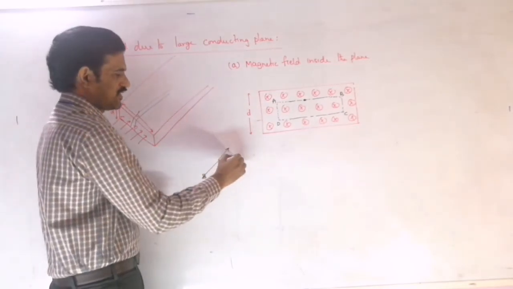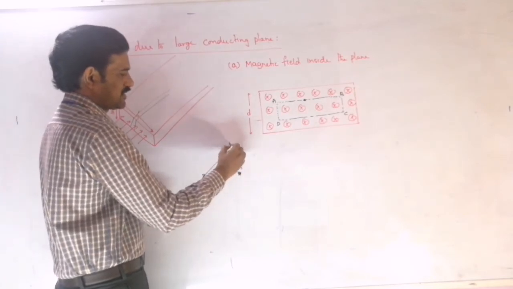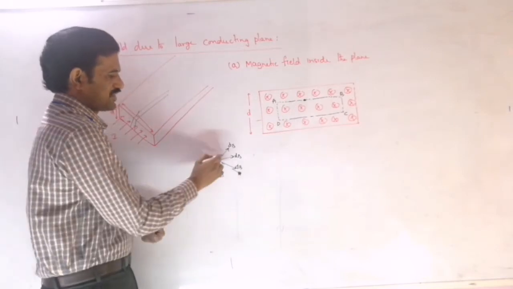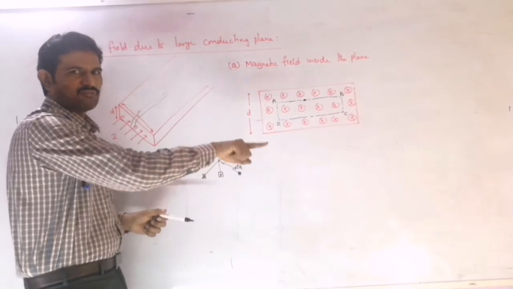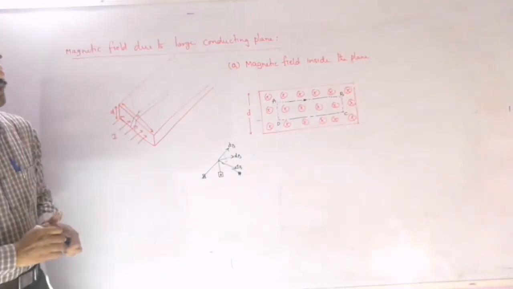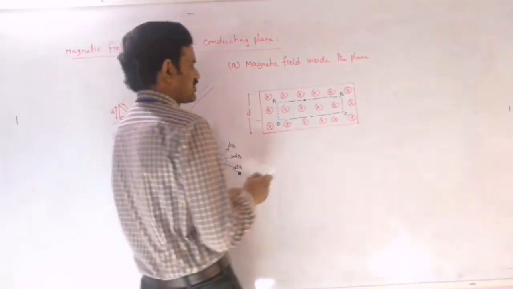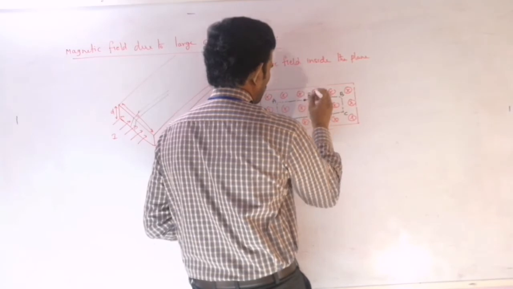So this is one magnetic field dB, this is another element dB, and this is another element dB here. If you resolve these into components, the net magnetic field will be along one direction only, right? So the net magnetic field for this point will be along this direction AB. This is the direction of the field in this region.